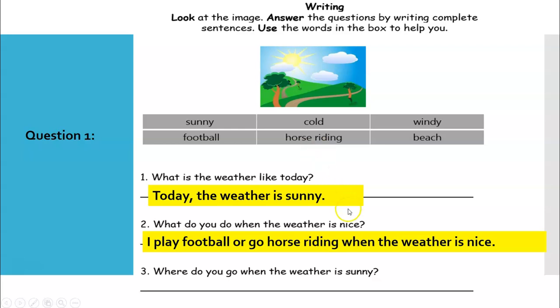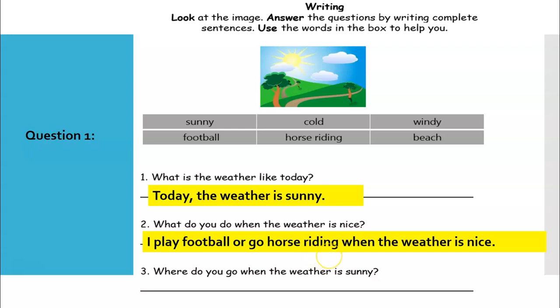Or if I want to start with this one, I can say when the weather is nice, I go, for example, horse riding or I go play football, as you like. The most important thing is writing complete sentences, starting with a capital letter and finishing with a full stop, grammatically